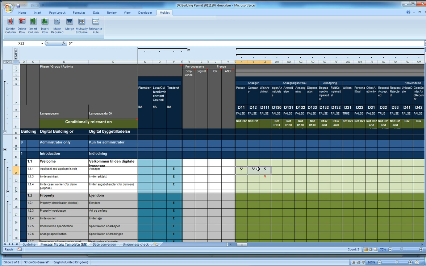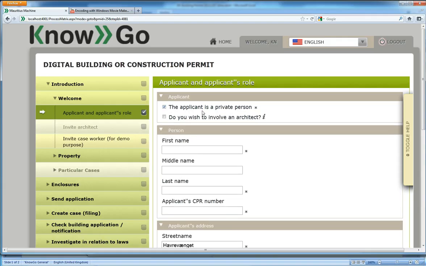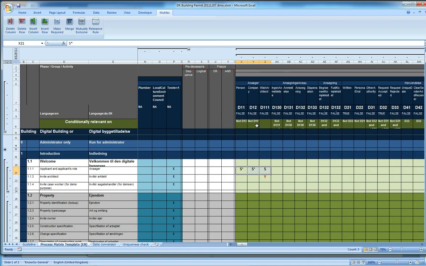Now there was show hide logic, so if I click this, the company checkbox disappears. And that's because in the screen row you specify that it is relevant only if not D11. So as long as I have not checked the person, this field will appear, and as long as I have not checked the company,